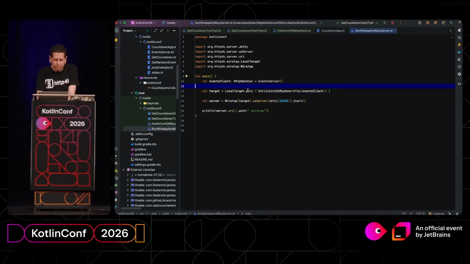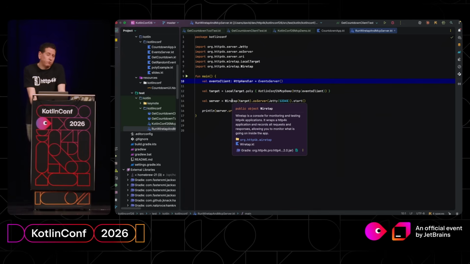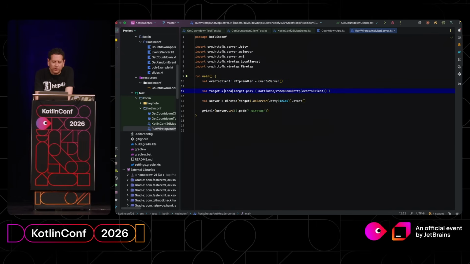If we want to run the MCP app inside Wiretap, as I said, Wiretap is an invisible proxy around your application, and it also provides a user interface. It also provides an MCP server itself, so that you can plug the Wiretap MCP into, say, Claude or Codex, and the LLM can actually interact with your application by firing traffic at it through the Wiretap interface. We're defining a local target, which is here, because it's a poly handler, and this is the demo. So if we start this up